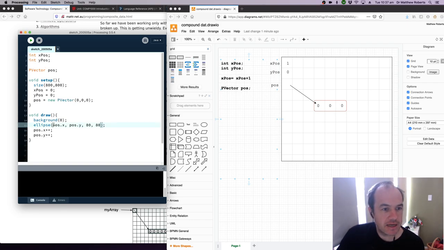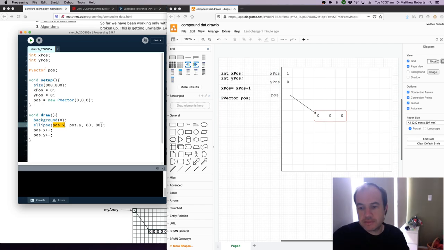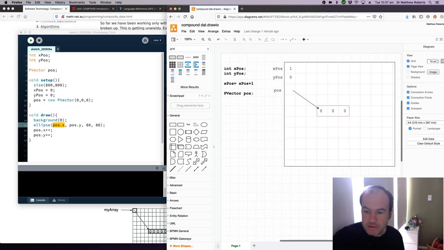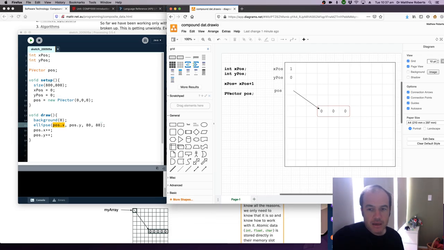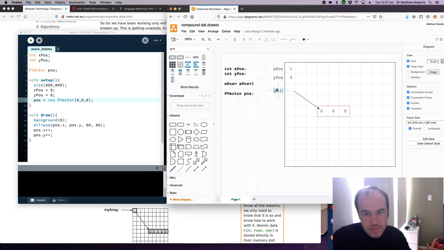So maybe this notation down here can be investigated now. I said that if you wanted to get one of those values out of the p-vector, you had to write pos.x and pos.y. And the reason is that there was an extra thing that happened over here when we created the p-vector. Because there's 3 slots in here, right? But they don't look like they've got names. How can I tell one from the other? Well, the p-vector gives them names for us magically. Every time a p-vector gets made,